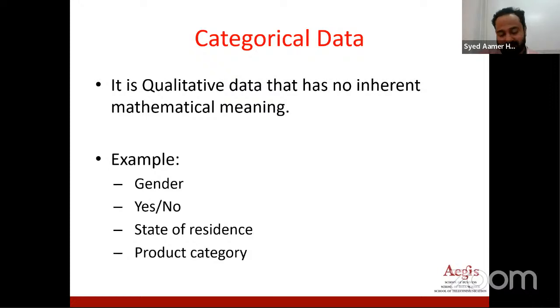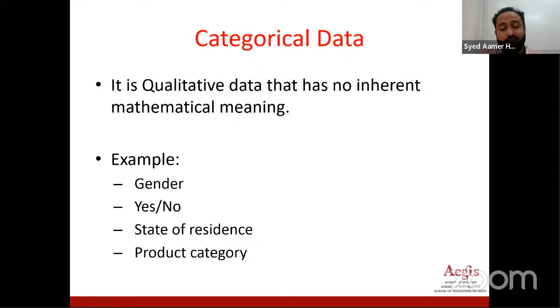Now going ahead, the second type is categorical data, which is very important, and we will quite often encounter this type of data in our data set. It's qualitative data that has no inherent mathematical meaning. The data will be there, but as far as mathematical equations or terms are concerned, it won't have any meaning. For example, gender.